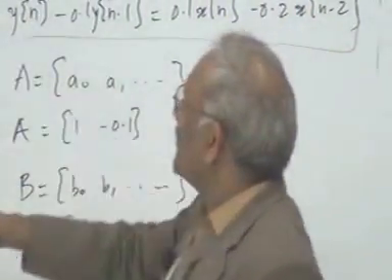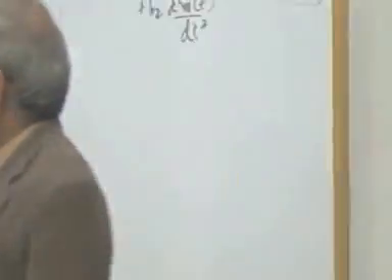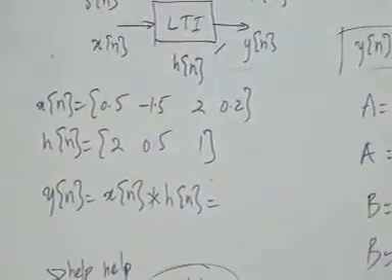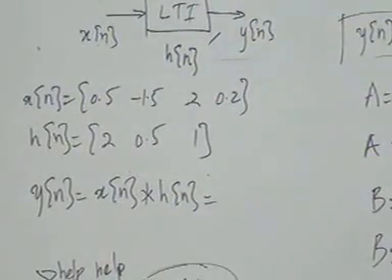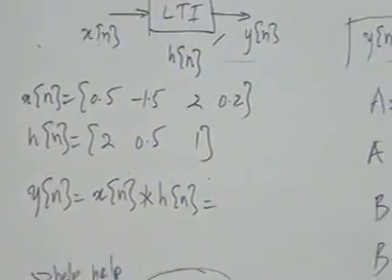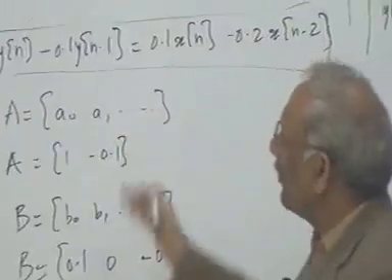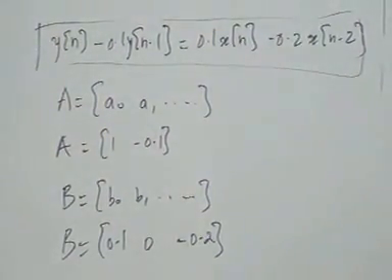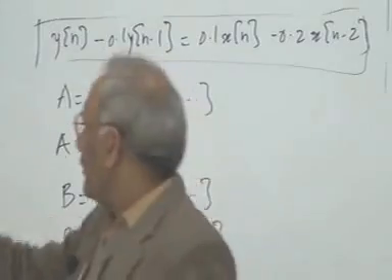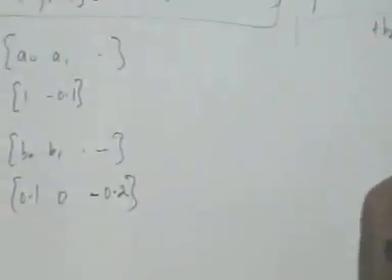If a difference equation is given to us, then the difference equation also completely describes your system. If you know h of n, we can find out the output using convolution for any given input, or if the difference equation is given to us, we can find out the output for any given input using the filter command in MATLAB. So let's say that we are given the same inputs.